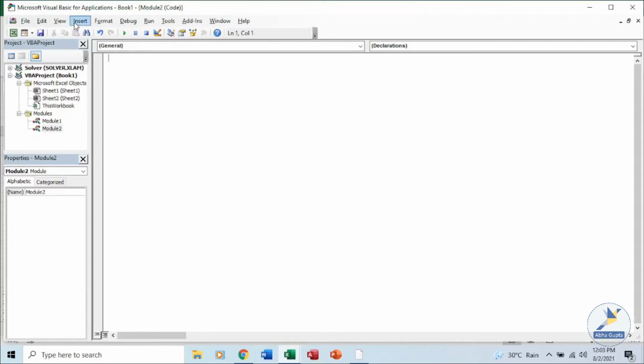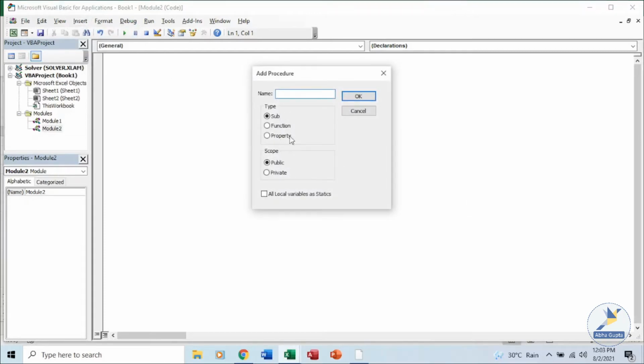Now let's see over here. We want to insert some coding over here. Click on insert, and from insert you can see all these options. We have discussed module, user form. If you click on user form, you can create a form with buttons and radio buttons and checkbox. We are not discussing class module and user forms today. We will discuss the procedures. Now click on procedures. Here you can see 2 types of procedures. A sub, function, property we'll discuss later.